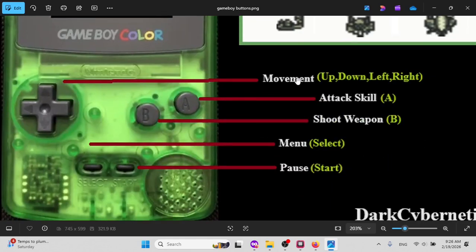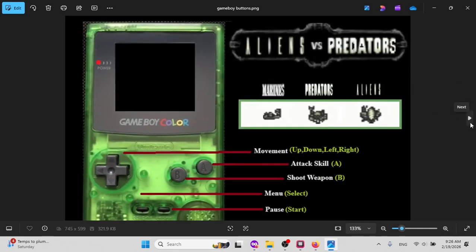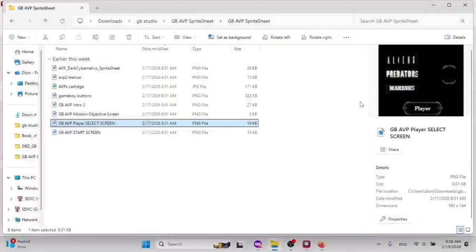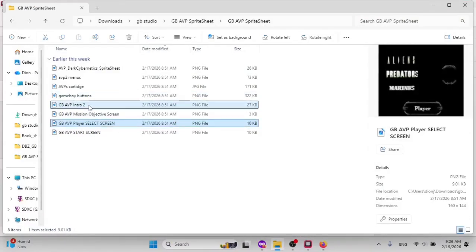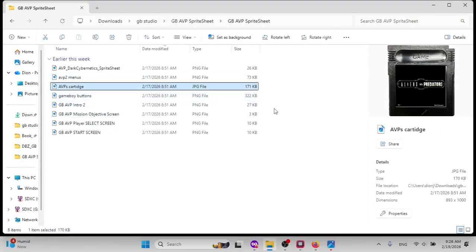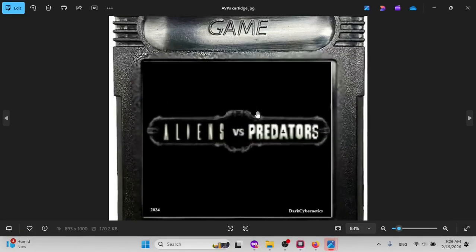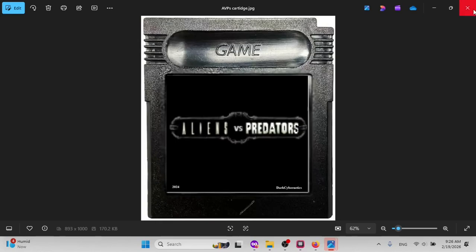There's up, down, left, right. You could attack with the A button. You can shoot with the B button. And we could change that later, based on at least the way the game is played for the projects. But anyway, if you pick a character class, the game should play differently. I even made a cartridge, in case I get it loaded onto the cartridge thing. I was going to print it off and put it in a real Game Boy